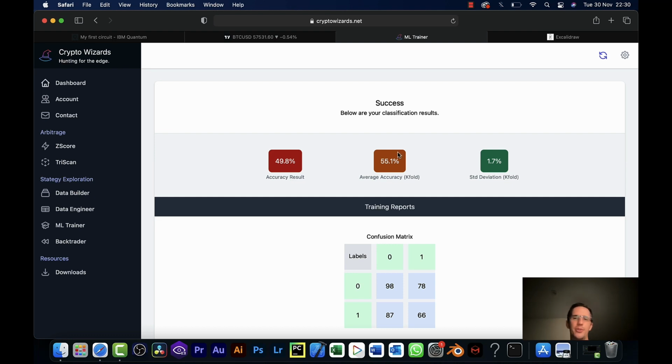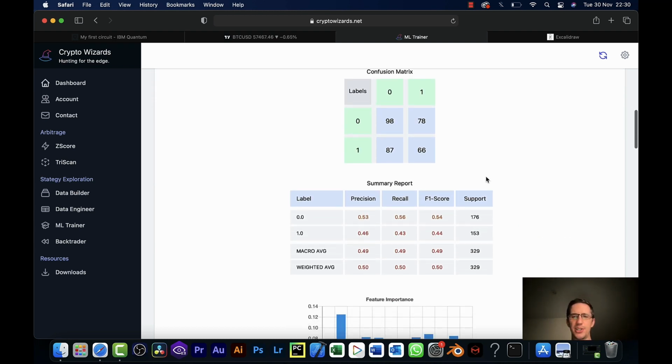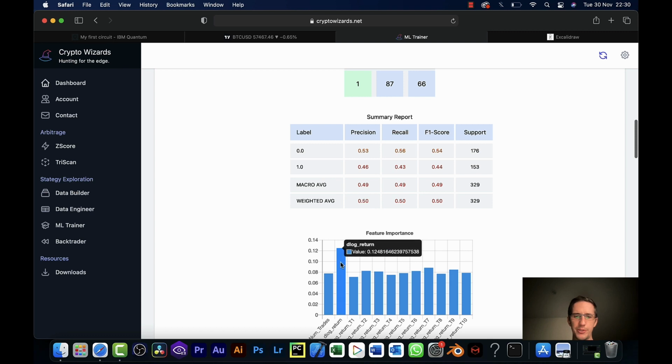And then we ran it through this thing, which basically does it 3 different times and chops and changes it, and works out that on average you should hit 55% with a 1.7% either way standard deviation. And what you'll see here is the daily log return. So in other words, the change in the close price from the last hour till now. It says daily log return, but this is on hourly data, right? So it's hourly log return, which is by far the most useful feature.